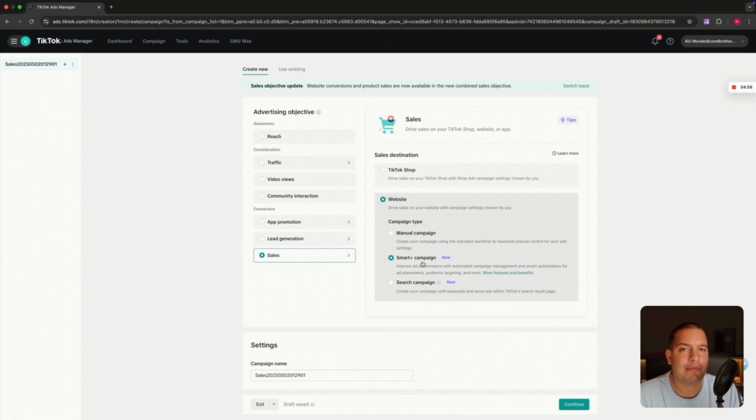Smart campaign, probably 6 months from now, will not even be there. Or if it's there, it will change the name. They're always optimizing things. So every time that I test something new, every time that I test a new product, I always go with the secure option, which is manual campaign. It's not because it's new that it's better. It's not like that, guys.